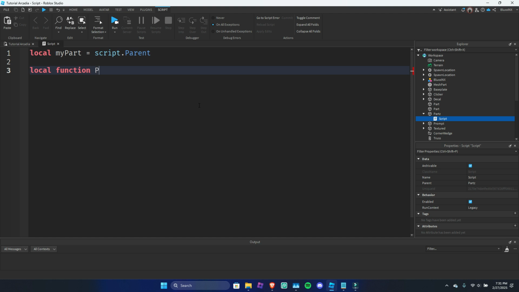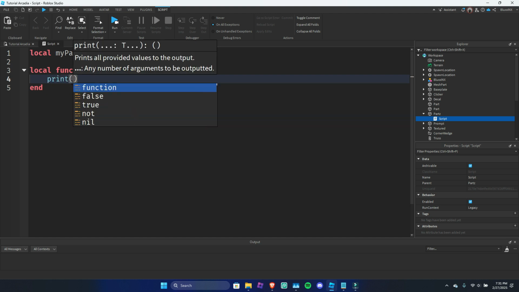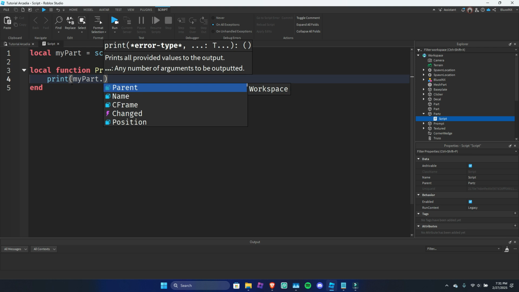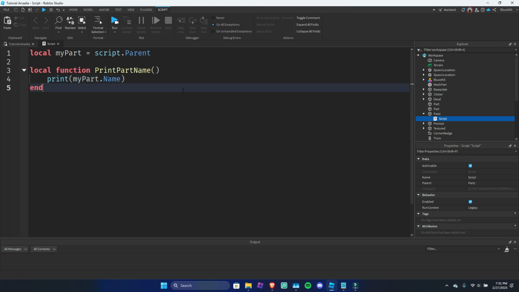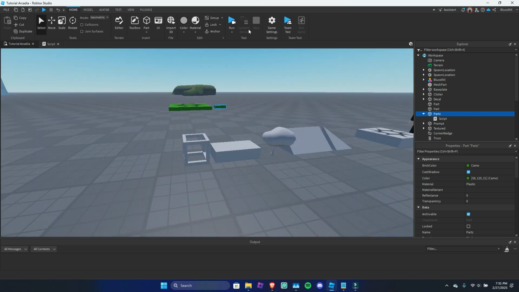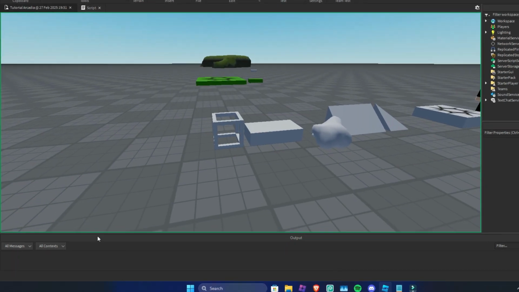So let's say print part name, and then we're going to do curly brackets, and then we're going to go outside of those curly brackets, and we're going to hit enter, and that's going to make an end. This will basically describe that this is the end of the function. Now let's do a print statement. So we're going to do print my part dot name, because we're trying to find out the name of the part. So let's go back to the game and we're going to run it,